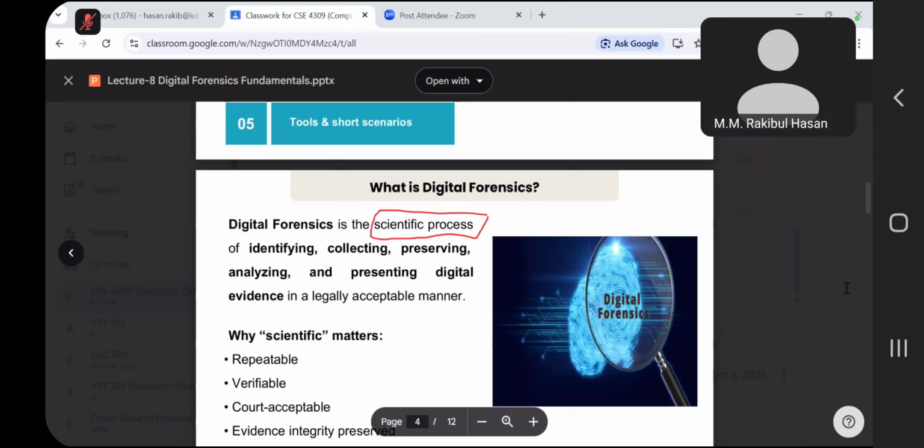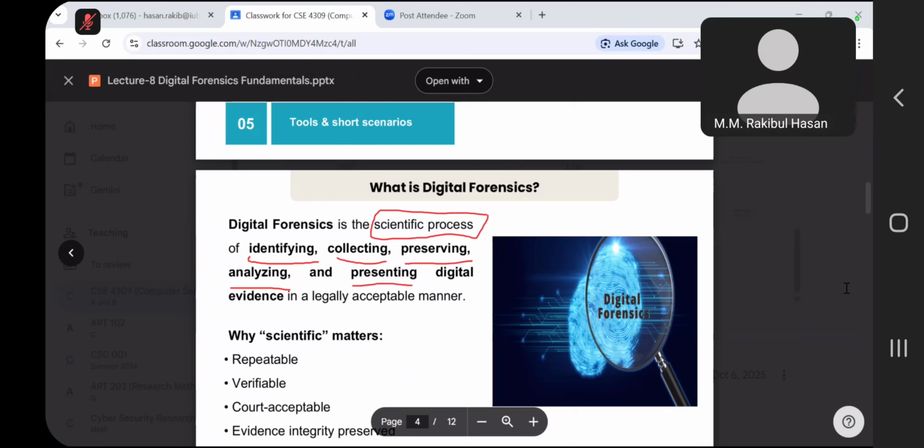We follow a systematic approach here, that's why it is called a scientific process. Under it, we identify first, then we collect, then we preserve, then we analyze, and then we present digital evidence in a